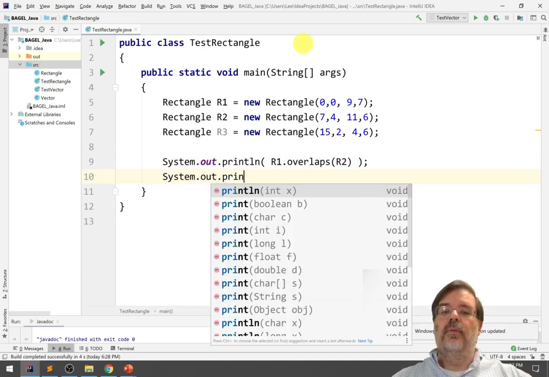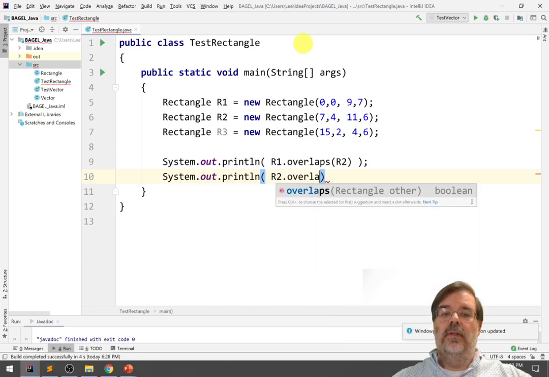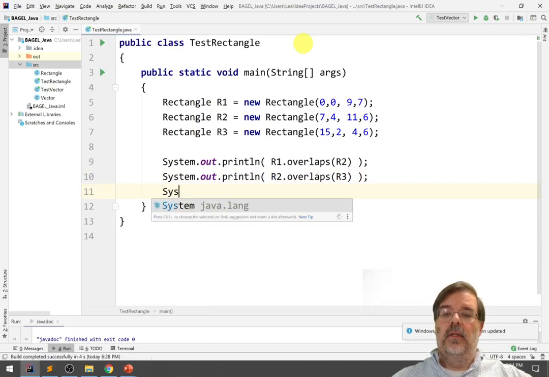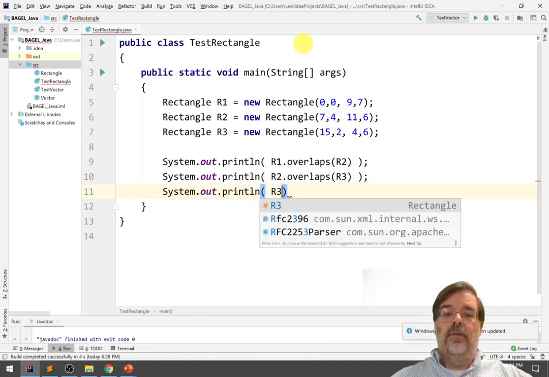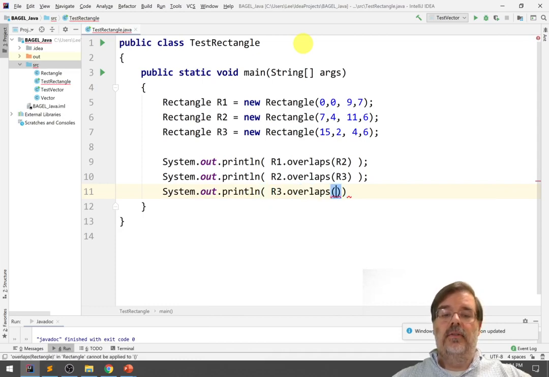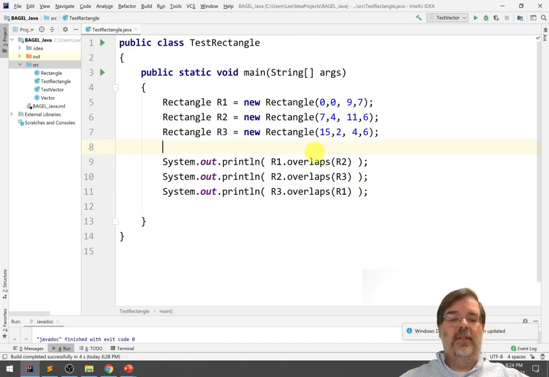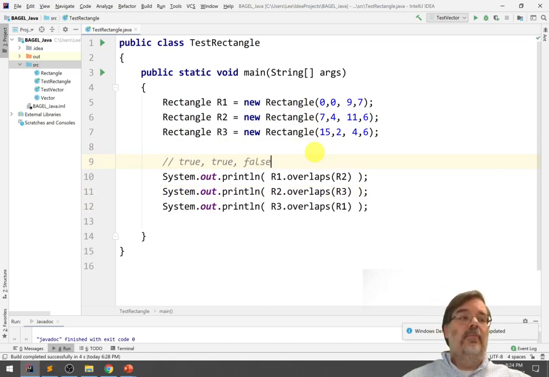System.out.println, check if R2 overlaps R3. System.out.println R3 overlaps R1. All right, and what we'll expect to see with these 3 cases is true, true, false, based on the way